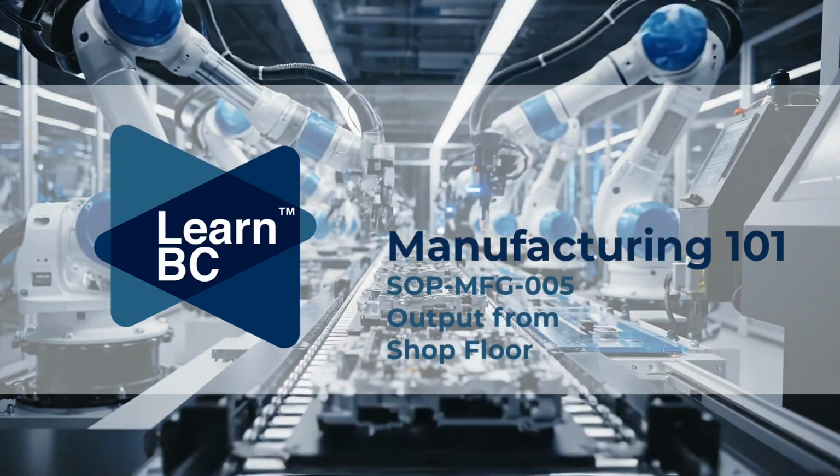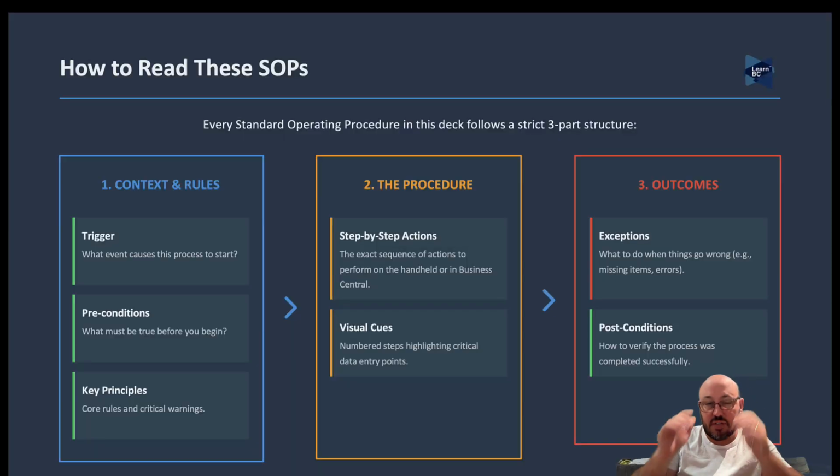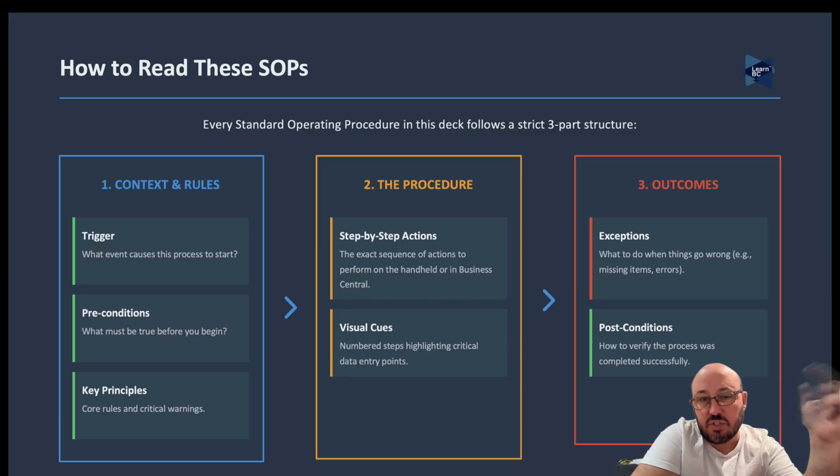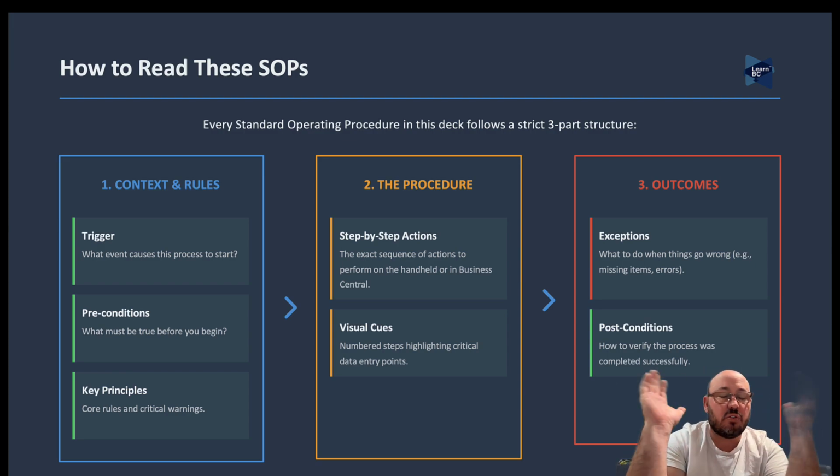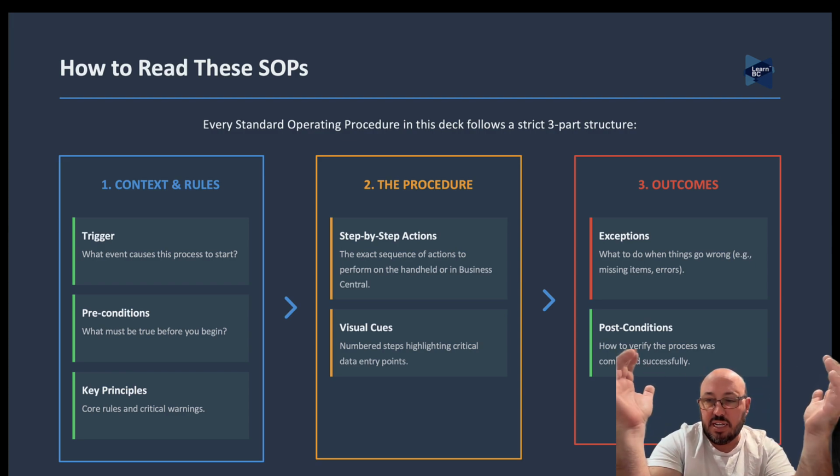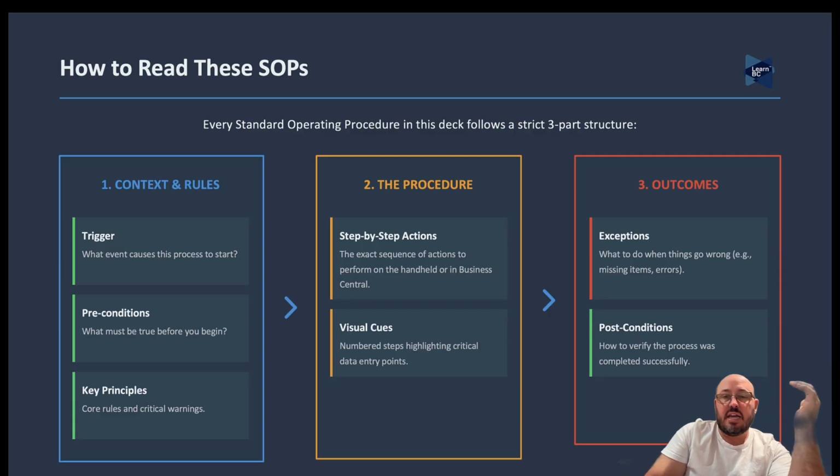Okay, so we're in this series, and it's really important to understand the context and the rules of a SOP. What's the trigger, the preconditions, the key principles? Then let's step through the procedure, and later I'll give you a visual cue and walk you through it. Number 3 is, what are the outcomes? What are the post conditions where it's all glorious, and what happens when it goes wrong? Let's talk through some of those things, and that way we can at least help empower you to do this